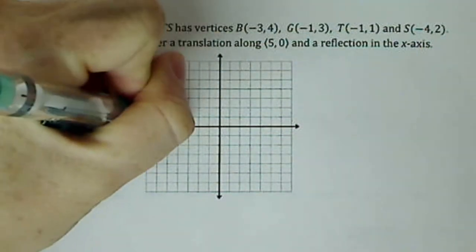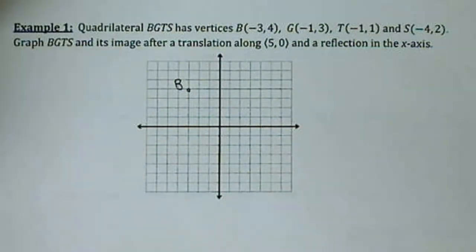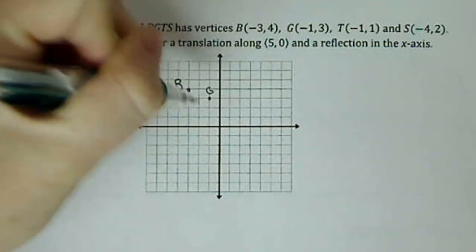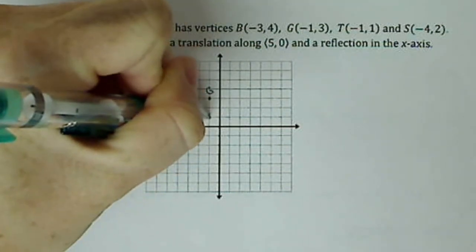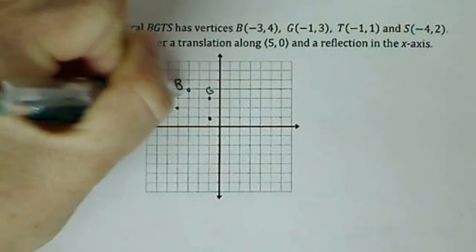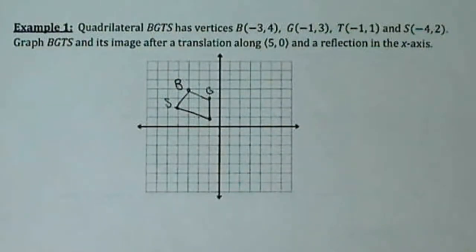Here's point B at -3, 4. G is at -1, 3, T at -1, 1, and S at -4, 2. You get this quadrilateral here. And I'm going to take my first color, I'm going to use green, and I'm going to do